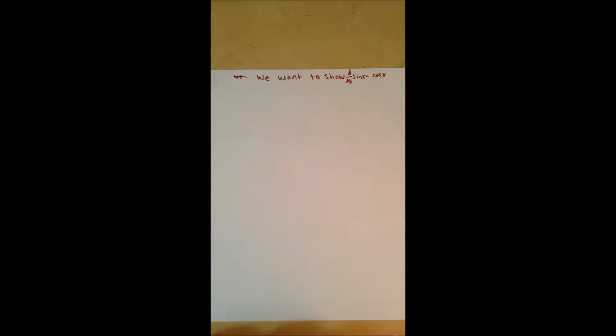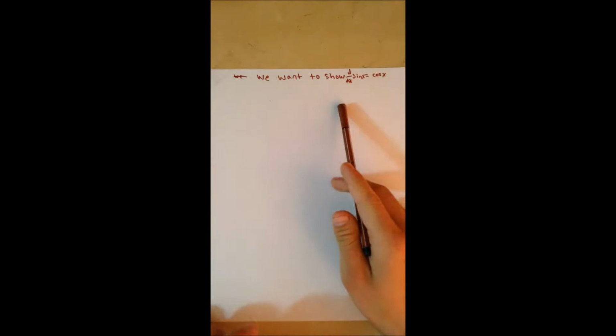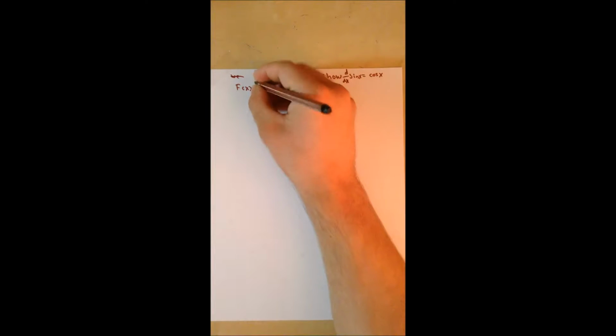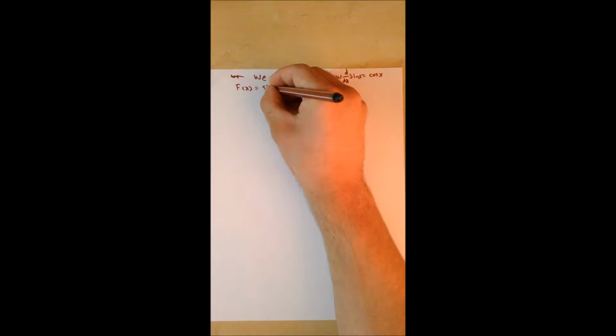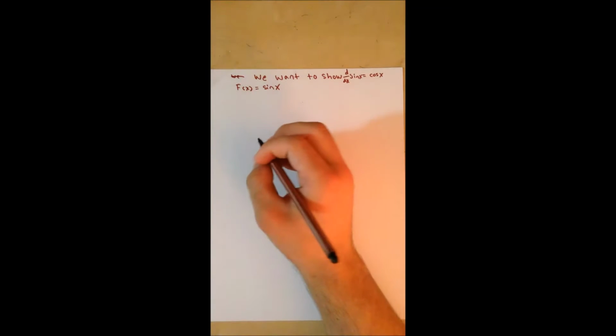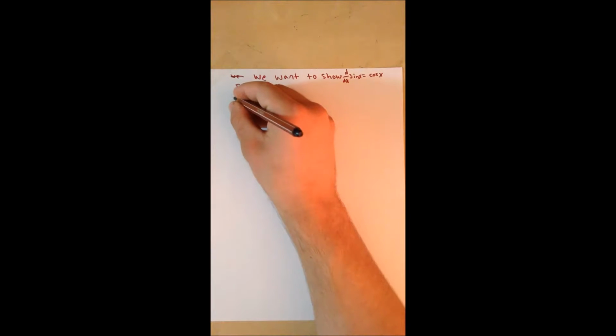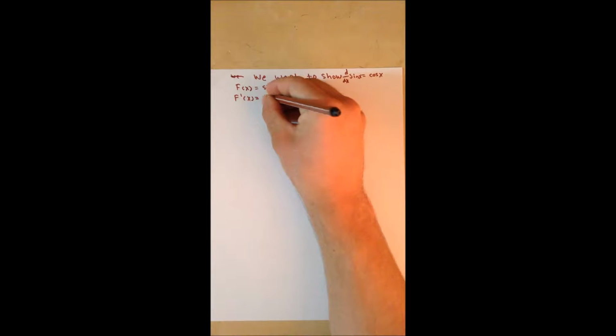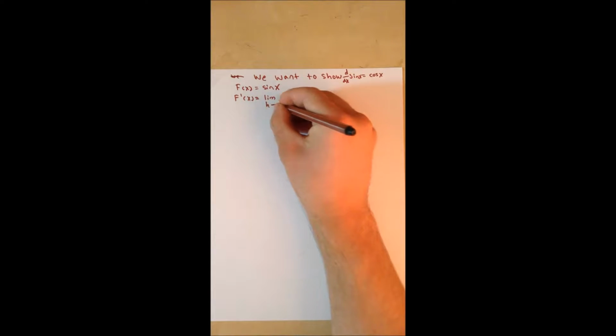I will show you that the derivative of sine x is actually equal to cos x. So we start off by setting f of x equal to sine of x, and then by the definition of the derivative we take f prime of x equals the limit as h approaches